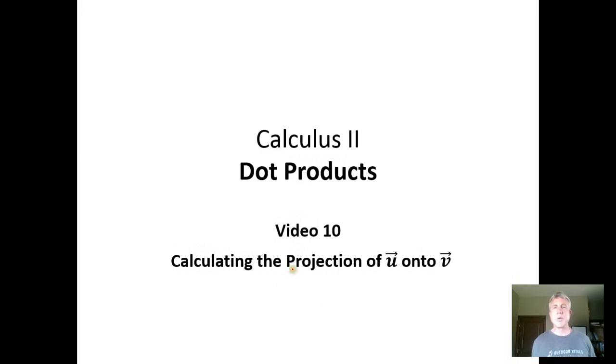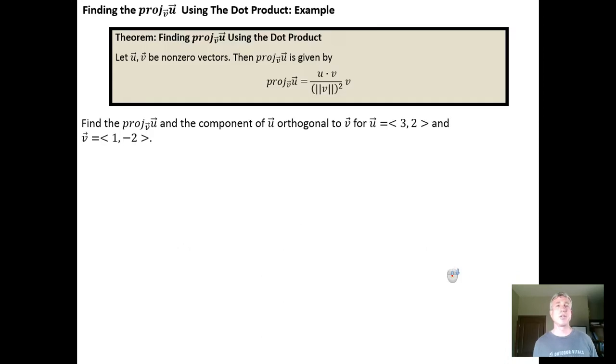So in this video we're going to calculate the projection of u onto v in a concrete case. So it says find the projection of u onto v and the component of u orthogonal to v for the vectors u and v that are given. And what we want to remember is the concept is that if we're taking a vector u and projecting it onto a vector v,